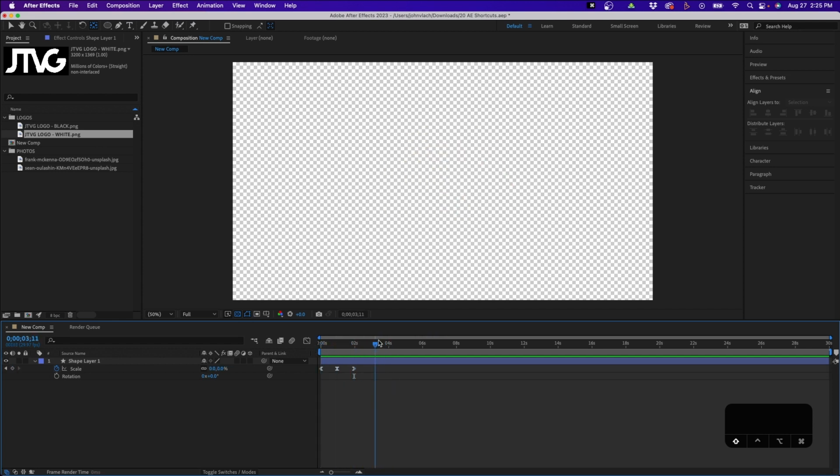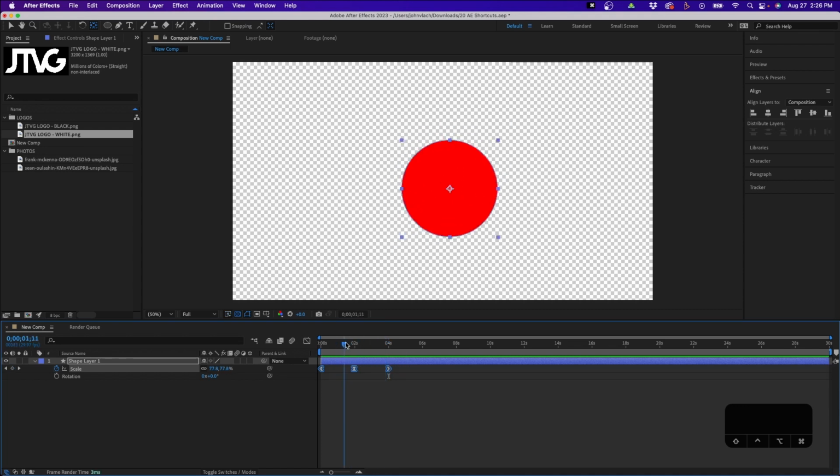Now say if you create keyframes, as we did to the shape layer, and you want to expand the animation a little bit. For example, maybe you want it 4 seconds long. You can go out to 4 seconds. If you want to expand the animation, you can marquee select all your keyframes, hold down Option and click and drag the last keyframe to the 4-second mark while holding down Shift, and you'll notice that the keyframes will expand